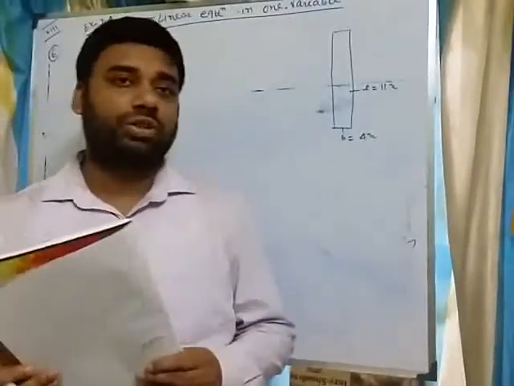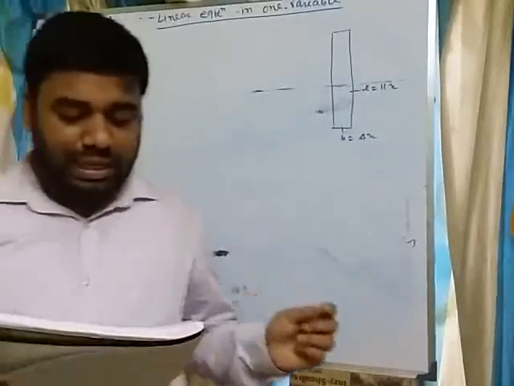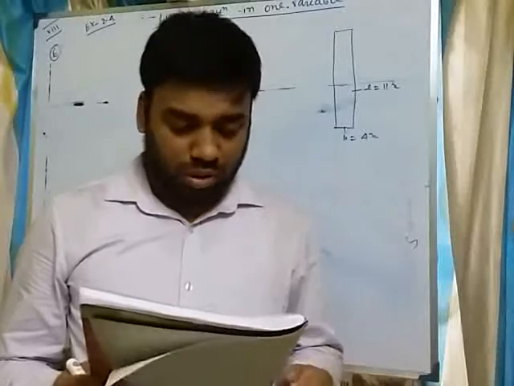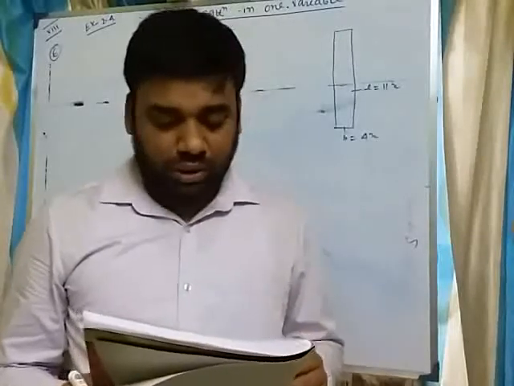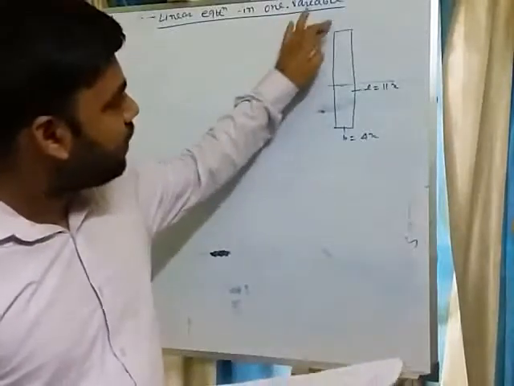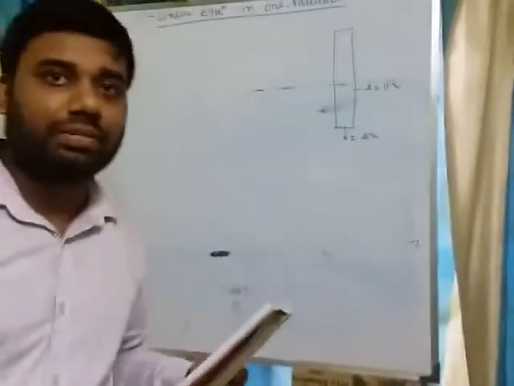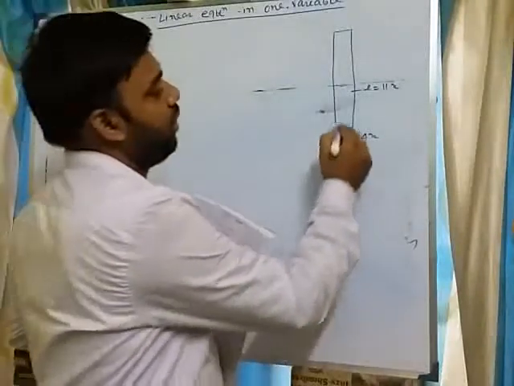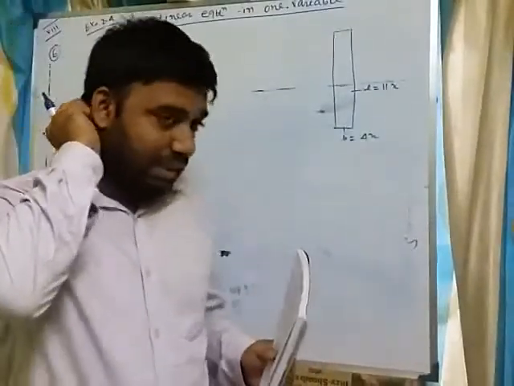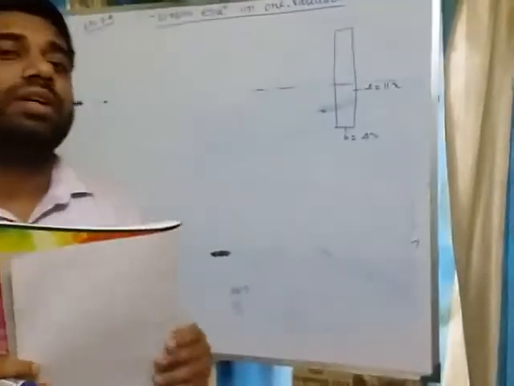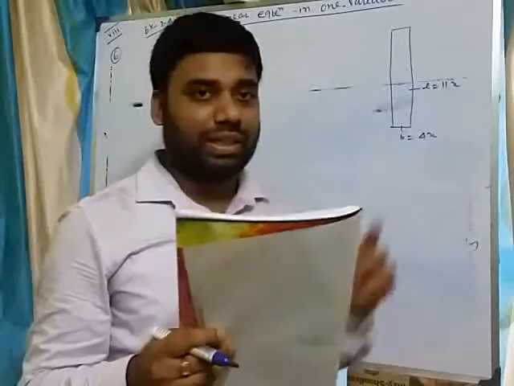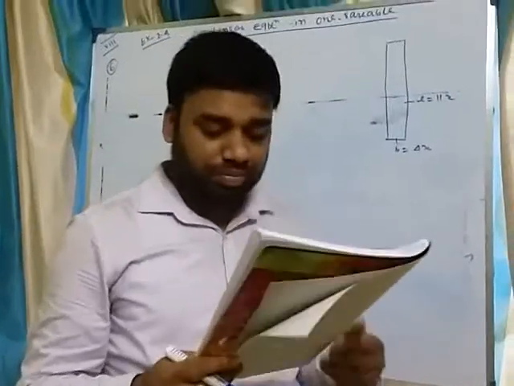Okay, coming to the next question, that is question number 6. There is a narrow rectangular plot reserved for a school in Mahuli village. We know that a rectangle means a parallelogram which has an angle of 90 degrees. If one angle is 90 degrees, that parallelogram is called a rectangle. It means opposite sides are equal. That is a rectangular plot.